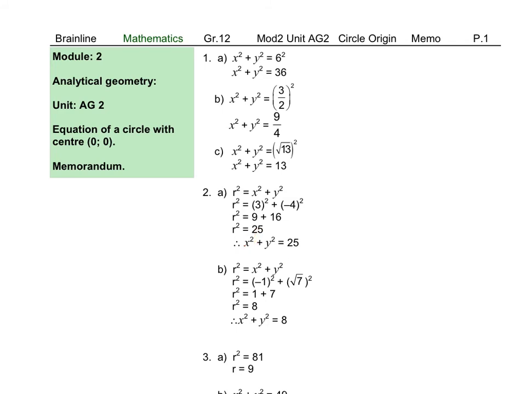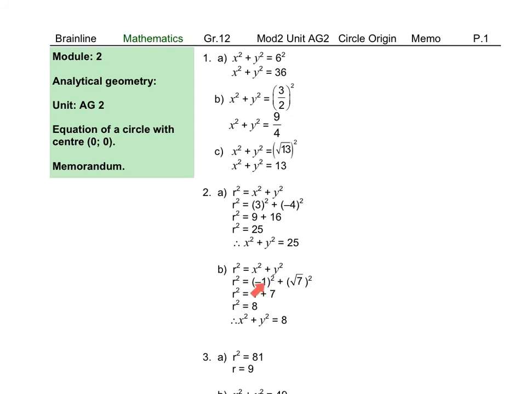The same then for question 2b. We were given a coordinate or a point on the circumference of the circle where x is minus 1 and y is square root 7. So once again, I use my standard form of an equation of a circle where the origin is the center. So we take x squared plus y squared equal to r squared. We then substitute the given coordinate, the x value substituted with minus 1, the y value substituted with the square root 7. If I then simplify, a negative squared becomes positive,